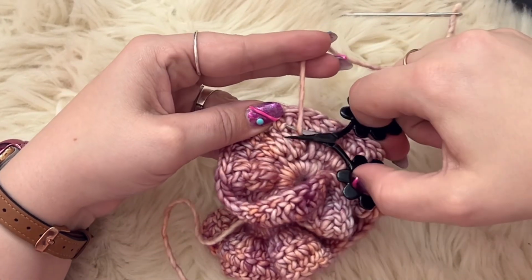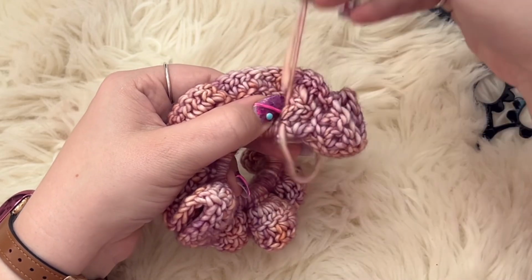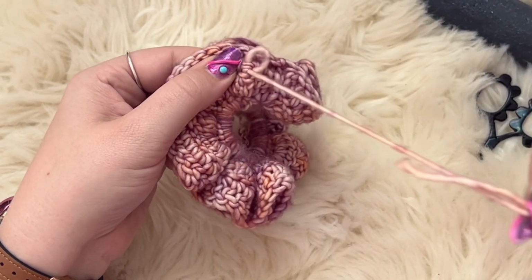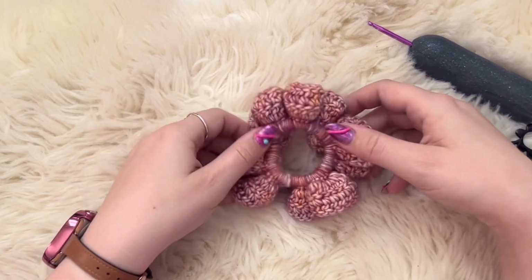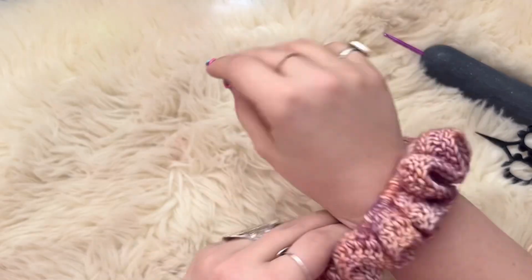Anyways, do the same thing for your starting tail, but just be sure not to pull it through any of the single crochets on round 1, or it'll get all weird and bunched up when you pull your elastic. And this is what it looks like when it's all finished. It looks awesome, just like by itself or on your wrist or